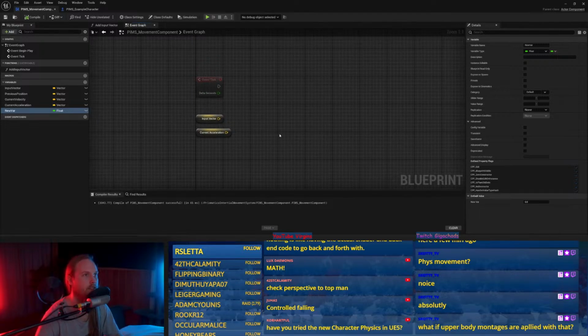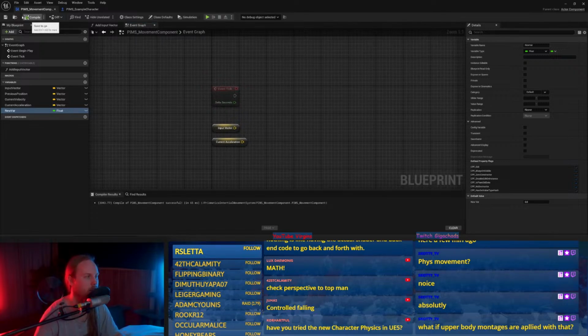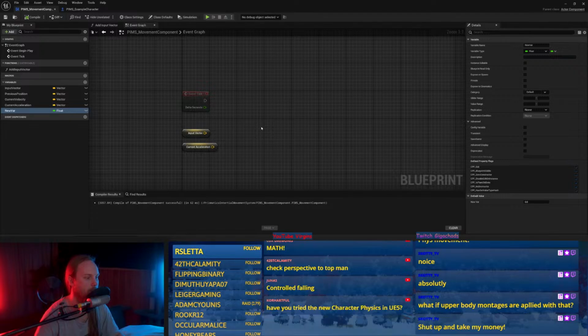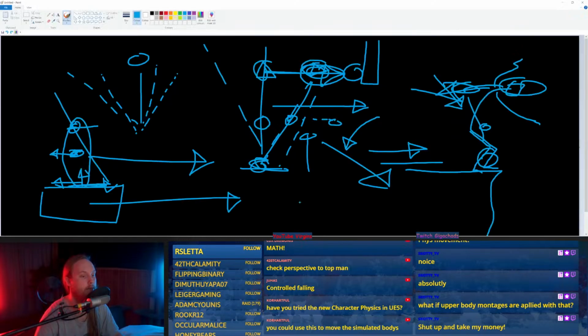We tried to do character physics in UE5. Yeah, the physics control component. I have used that a bit, although that was when it was in its early stages. But it seems a lot easier than the old system. Could you use this to move the simulated bodies? Yeah, you could apply physical animation on top of that. That's a good point. You could even,